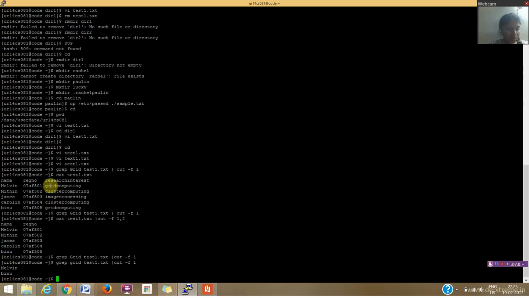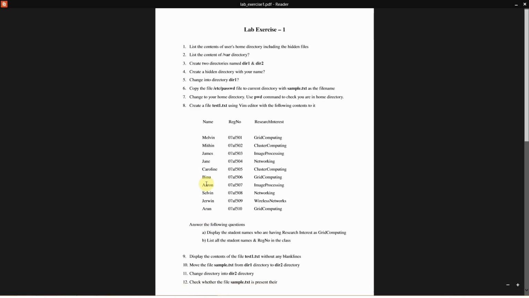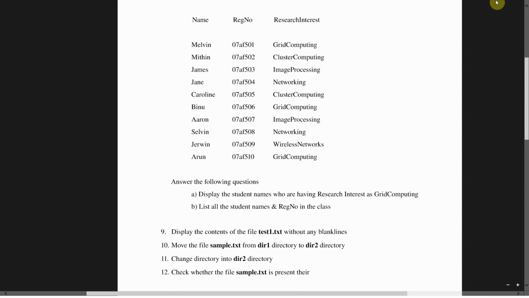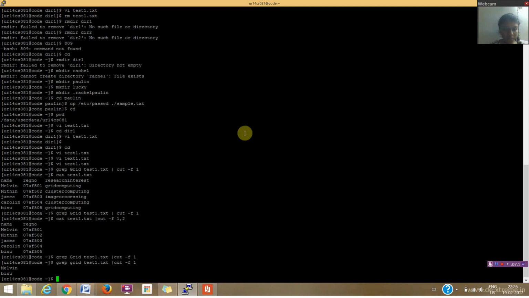So as you can see here, the grid computing is done by both Melvin and Binu. So here I got it as Melvin and Binu. And the second question is to list all the student names and register number in the class. So for that I'm going to get the first two columns, and for that I'm going to use the cat command,